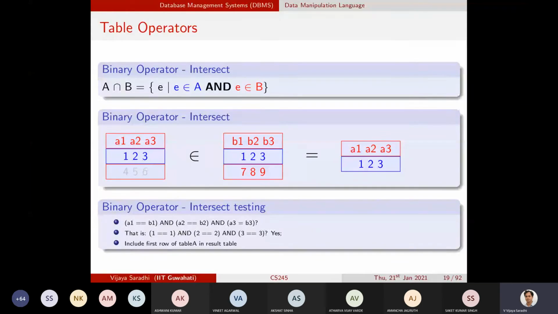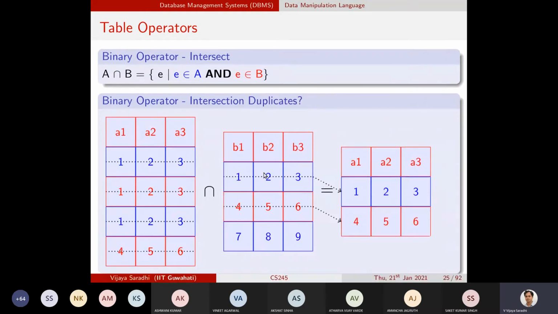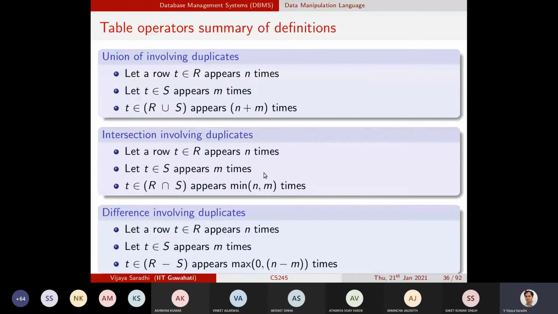So this is what we are trying to do. First, we are eliminating all the duplicates, which means we are taking only distinct records of table A, and then for every such distinct record, we take one record and ask the question: is this record in table B? That is what we are trying to do. We will convert that into a MySQL statement.